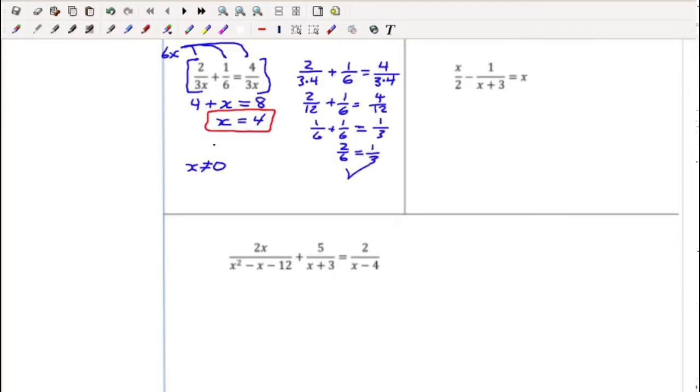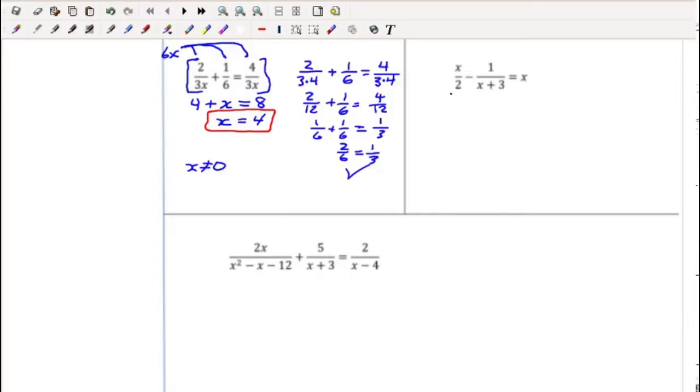So we get an answer of x equals 4. Plug that back in to see if that actually does give us a solution, and it does work. And our excluded value was again x equals 0, because if I plug 0 in here, that would make this divide by 0 and this divide by 0. This next one, similar idea, except my denominators get a little more complicated when I'm looking for the lowest common